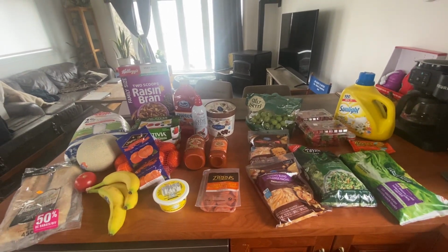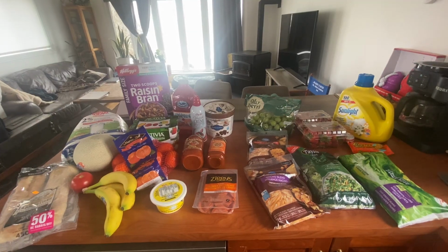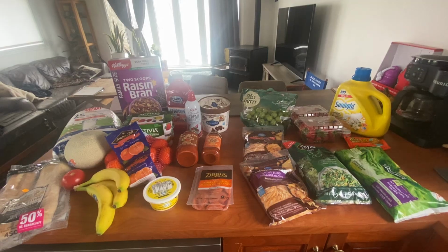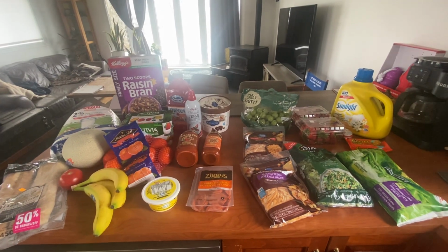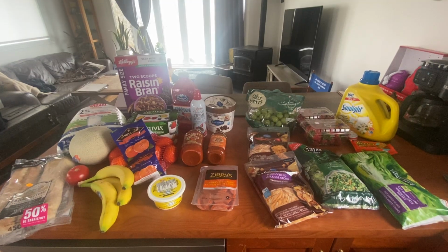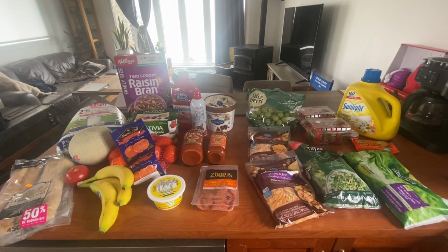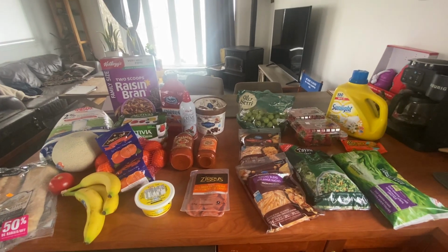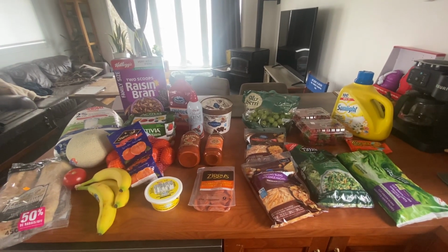I have another grocery haul here. This grocery haul is for Walmart and Nofrills. It's my second grocery haul for the month of April. You would have previously seen my Costco / Walmart kind of a bigger stock up